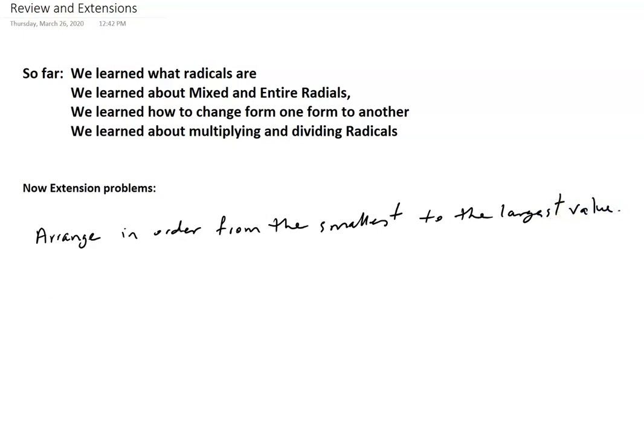So let me give you a few. Let's suppose you have 4 root 3, 3 root 5, 5 root 2, and 2 root 10. And we want to arrange that from the smallest value to the largest value. And here's the thing, you can use a calculator, but I suggest you don't, so that we can use our creativity and go through some of the rules of radicals so that we can manipulate it and get it very